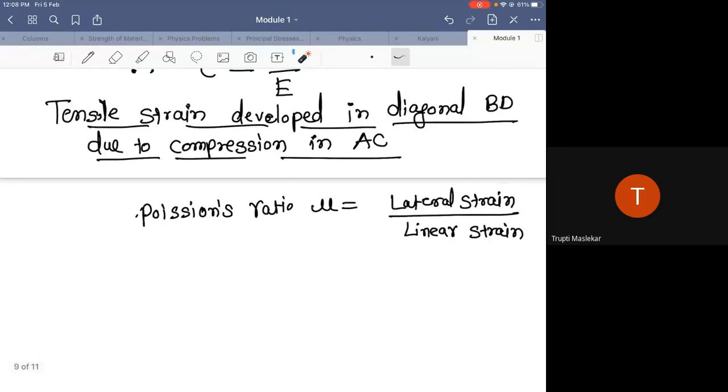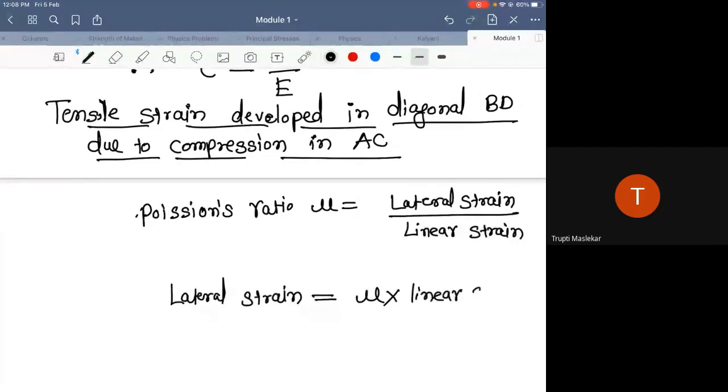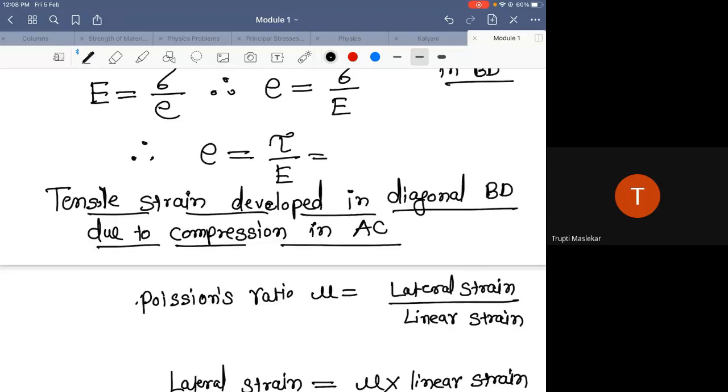And now I want to calculate lateral strain. So formula becomes now lateral strain is equal to mu into linear strain, and this is nothing but the linear strain. I will write here. Okay,